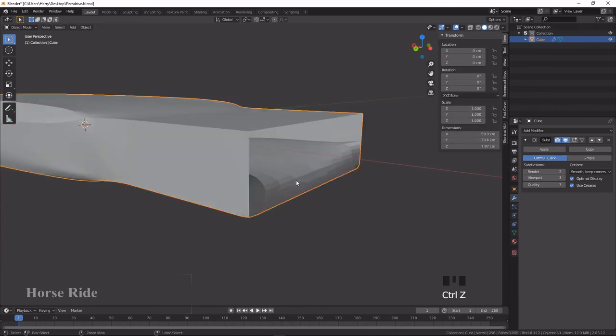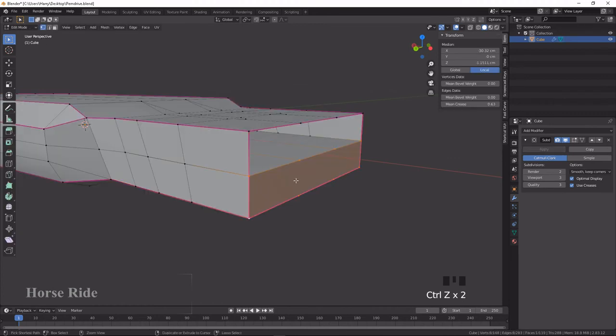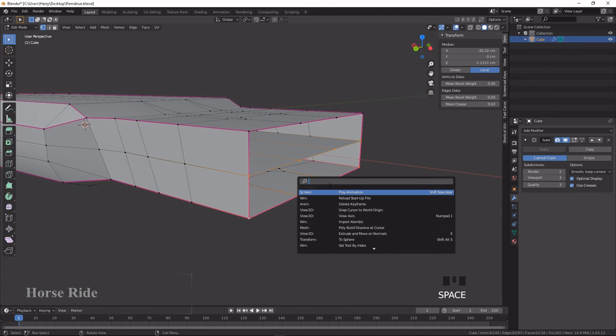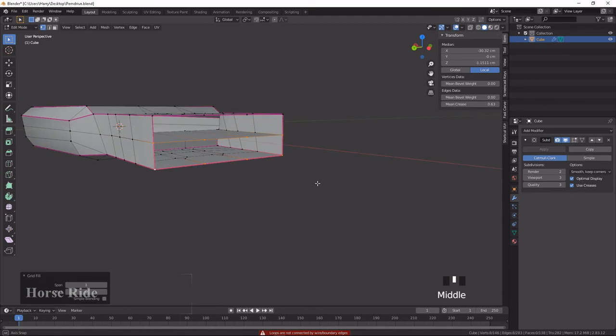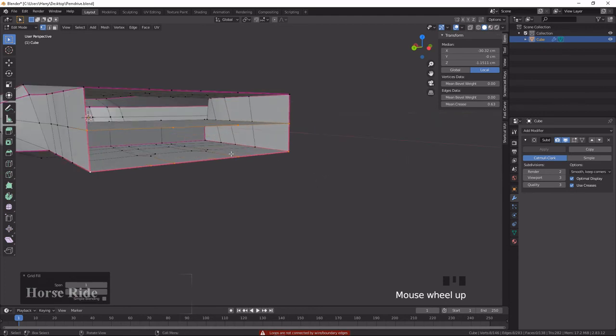Instead of normal filling, we can do one more filling. Press space and type grid fill. Ooh, some loops are not connected perfectly.